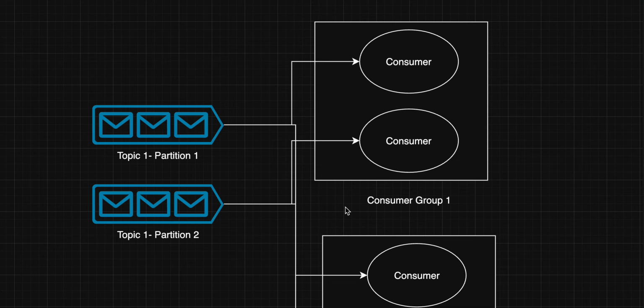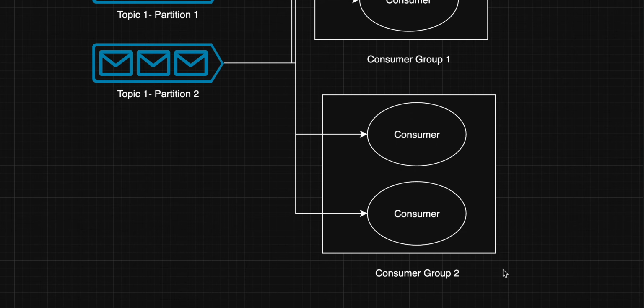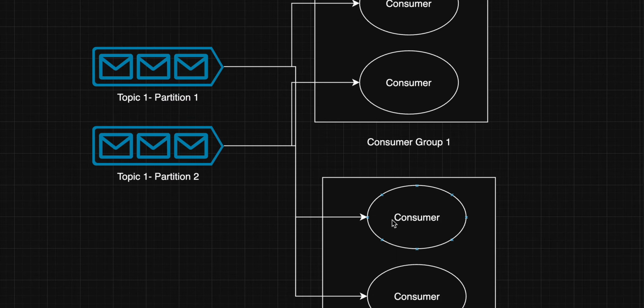But what if user service says, hey, I also want to perform some operation. I want to divide my users into some particular segments. Or let's suppose I want to give them extra discounts if he has ordered a pretty good amount, I want to mark him as a grade A user. Any operation user service wants to do on order creation, order placement, we can create a different consumer group, and those user consumers can come inside this and start consuming from partitions.